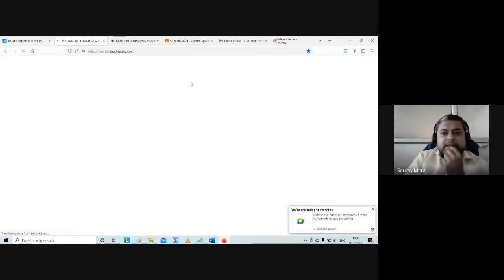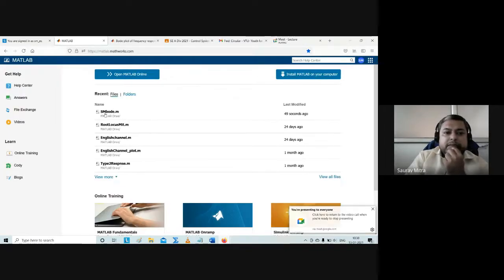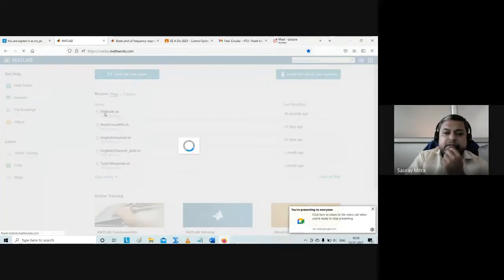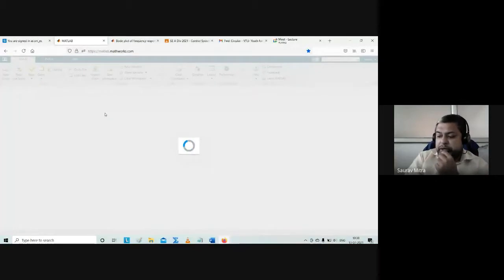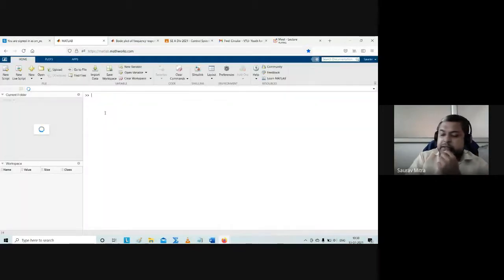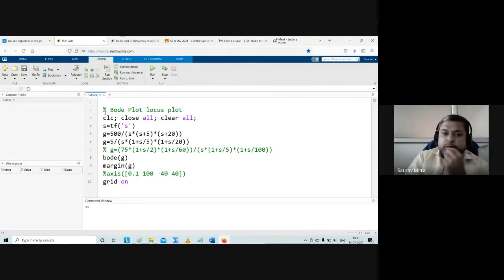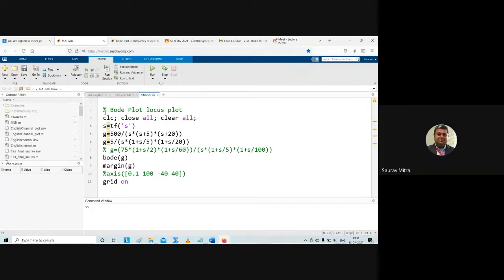My MATLAB has been restarted, don't worry about that. We have to start from 0.1 comma 34 whenever we are drawing the resultant, and then go till 1 comma 14. So 0.1 comma 34 and 1 comma 14, the slope is minus 20 dB per decade. Why so? Because 0.1 and 1 are a decade apart, and you are falling from 34 to 14, that is 20 dB. And that fall will continue up to which frequency?